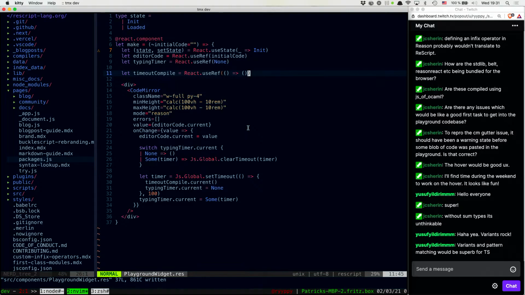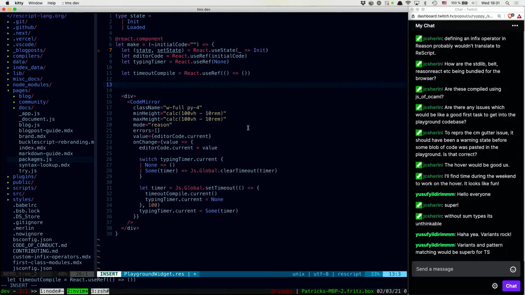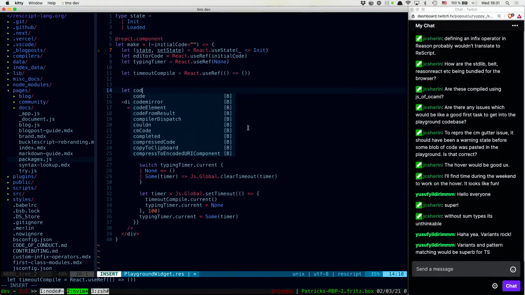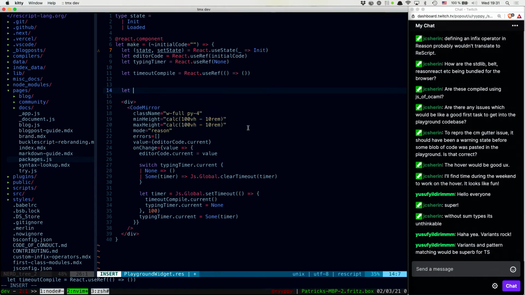And we will use code mirror element, which will be